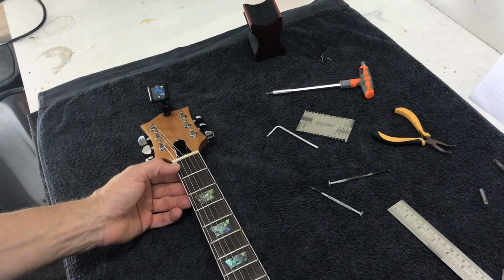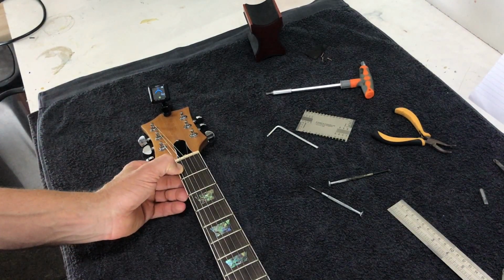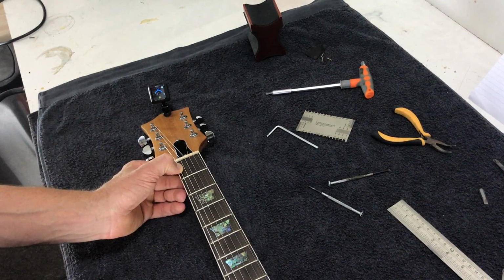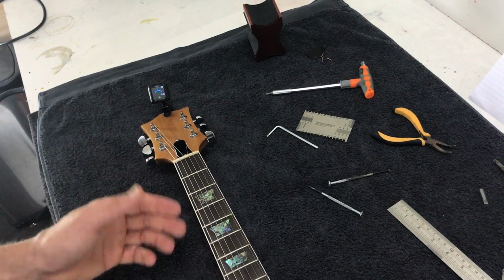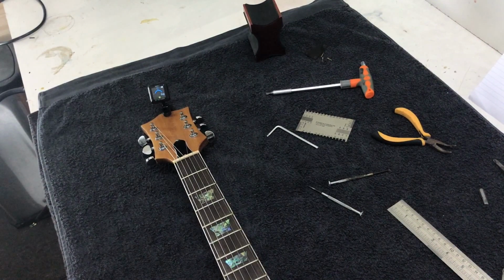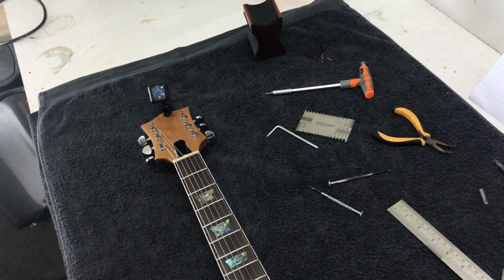Probably a more intuitive way to do that though is just to fret at the first fret, the last fret, and then just tap down on the 12th fret. Now if that string's laying flat, which this is, I'd want to increase the amount of relief, and that increases the amount of forward bow in the neck, which would then help with clearance of those frets. If on the other hand the action was too high, I'd want to tighten the truss rod, which would take tension out of the neck and flatten the fretboard out. So the way to adjust